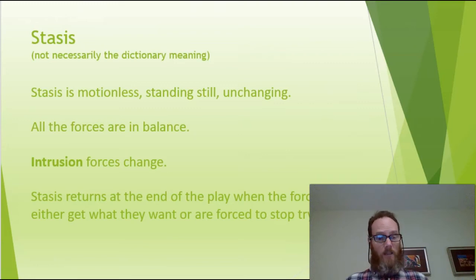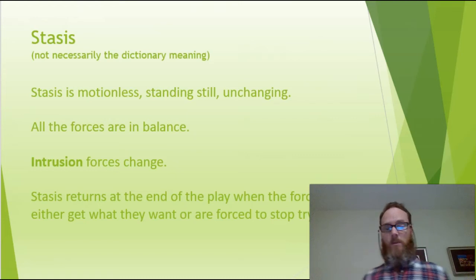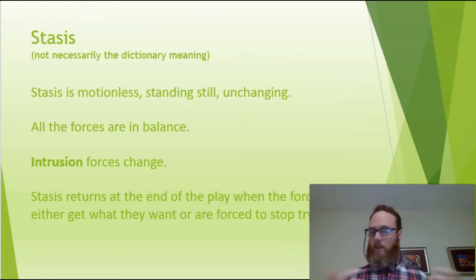It's the event, and again, something happens. Ball would probably say it's the action. It would be two events that make an action, but something happens that changes the forces of conflict in the play. And as we know, plays are all about conflict. If there's no conflict, there is no play. The stasis returns at the end of the play when the forces either get what they want or they are forced to stop trying. So at the end of every play, there's a new stasis, there's a new balance,